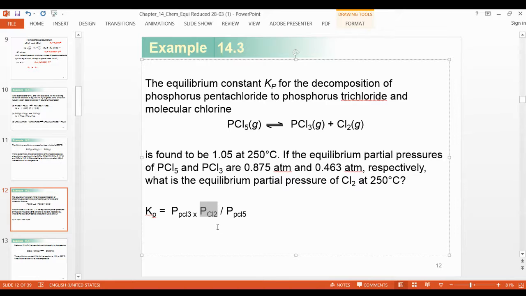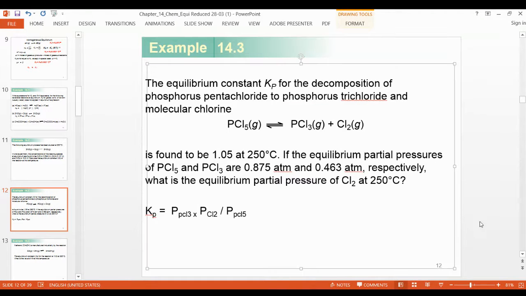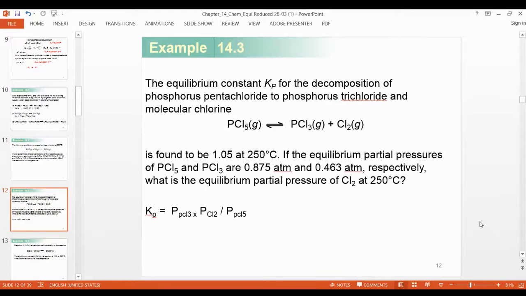So you have to determine the concentration of Cl2, and you are putting all values. The Kp value is given here, found to be 1.05, right? So the Kp value you write here, and just only PCl2 you calculate. Any question now? Both concentrations I have done. If you write the Kc, how you determine Kc, how you determine Kp, how you determine the simple concentration of any substituents, any concentration of chlorine, we have to determine by these two examples.